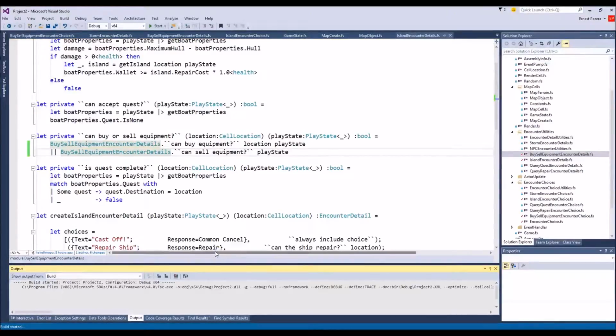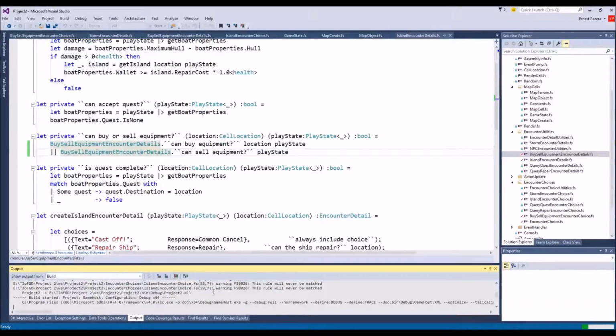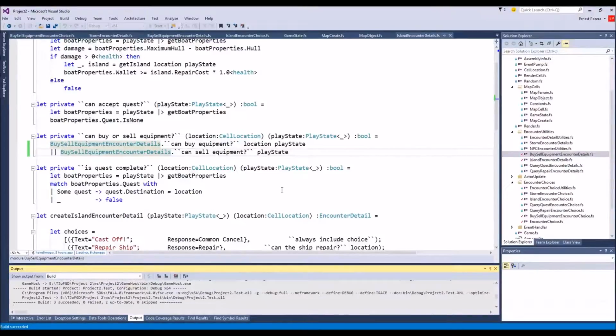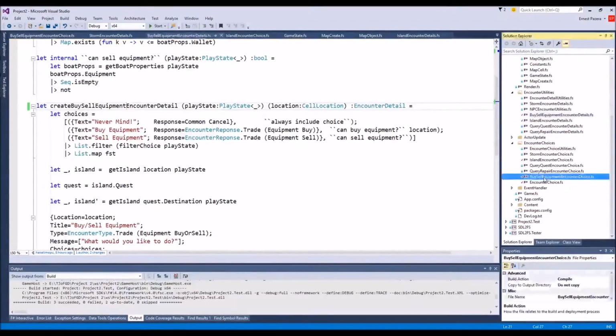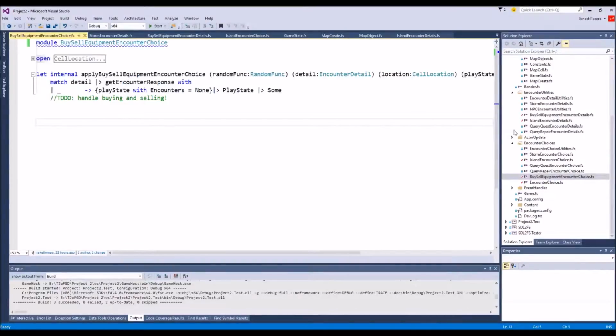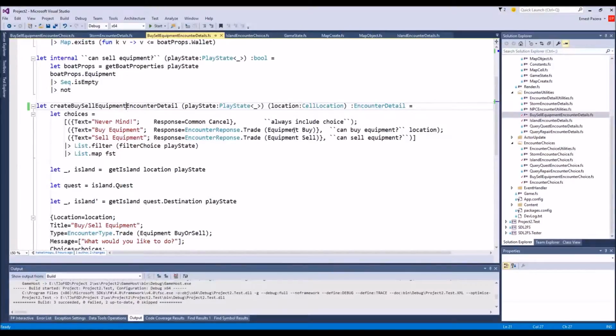Okay. We're good. And we're okay. Good. Successful. Now we want to get here. Nope. We want here. Buy, sell equipment, capital choices. So the responses, though. So the responses are up here. Response is encounter, response, trade, equipment, buy, and encounters. So if we're cancel, so common cancel, because now common,